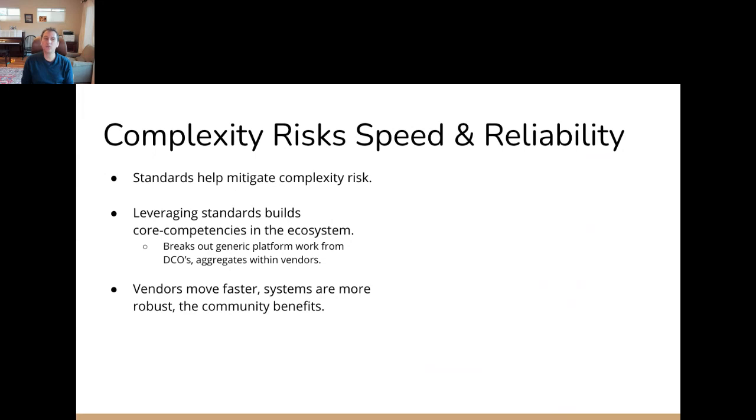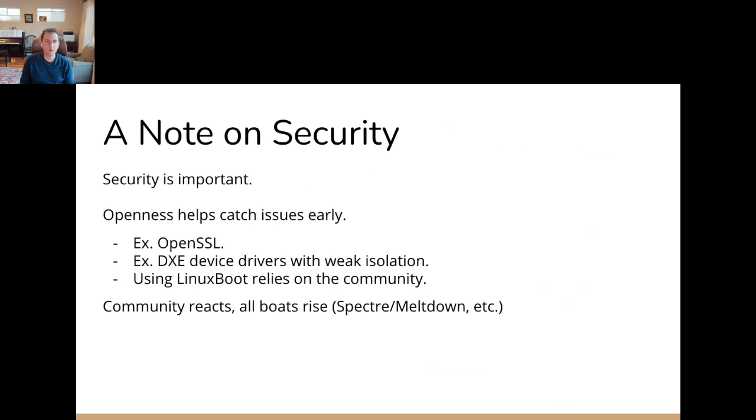The last point on there is also ultra important. Vendors move faster. Systems are usually more robust. This is true because vendors are incentivized to move fast. They need to move from each customer to the next customer. And so it's a different value chain for the vendor who's building a system than it is for, say, Google. Our value chain is about delivering services to our customers as fast as we can. But in terms of the platforms, our services are architected to be platform agnostic in the first place. And so the incentivization is different there.